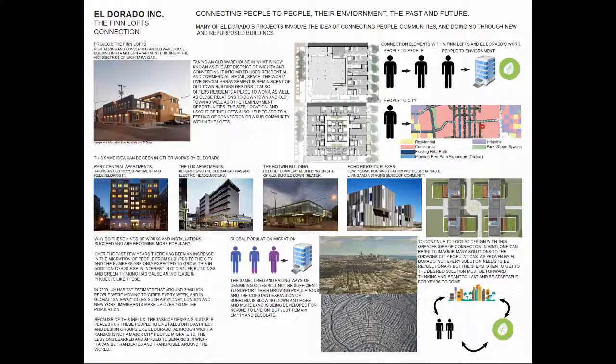Both were either old apartment buildings, as with the Central apartments, or repurposing of old business and industrial buildings, like the Lux apartments. El Dorado has also had a lot of experience with designing from scratch, but also taking into consideration the past with the building of the Botwin building and Echo Ridge duplexes, where they take the idea or ideals of what was there before, what the community is looking for, and then interpret those into affordable living and affordable residencies. So when looking at residencies, you need to look at a people-to-people connection as well as